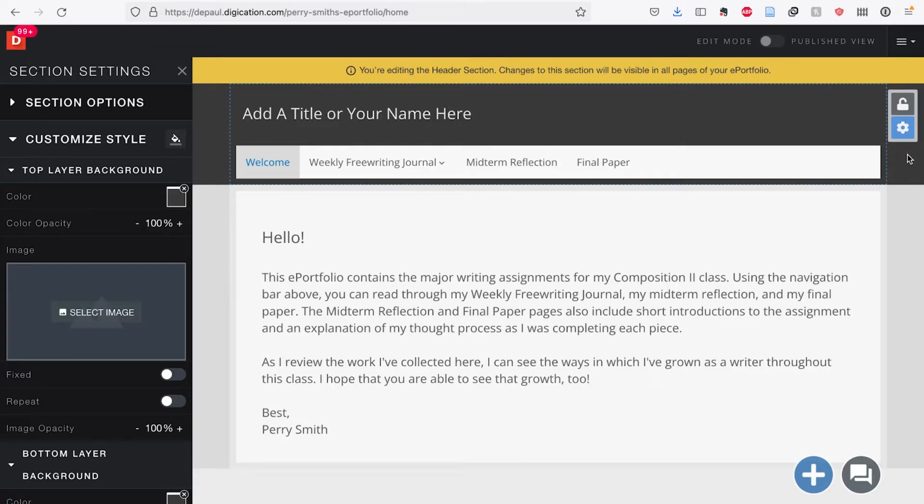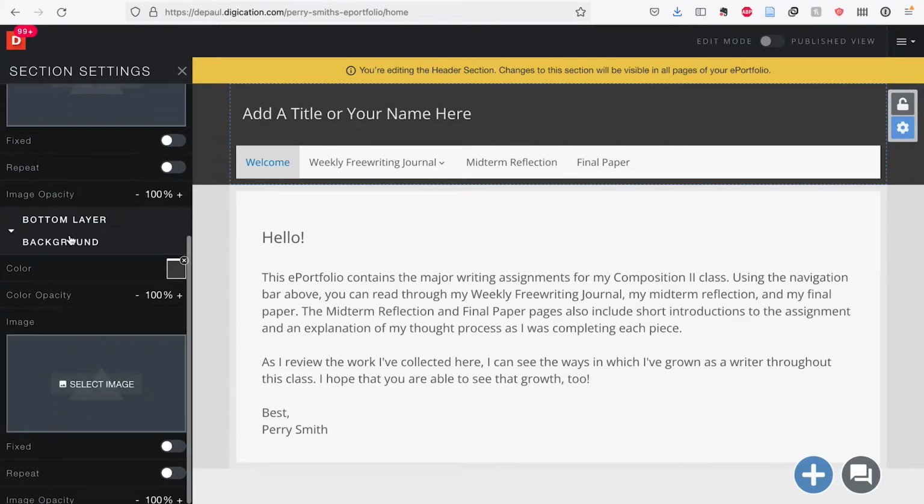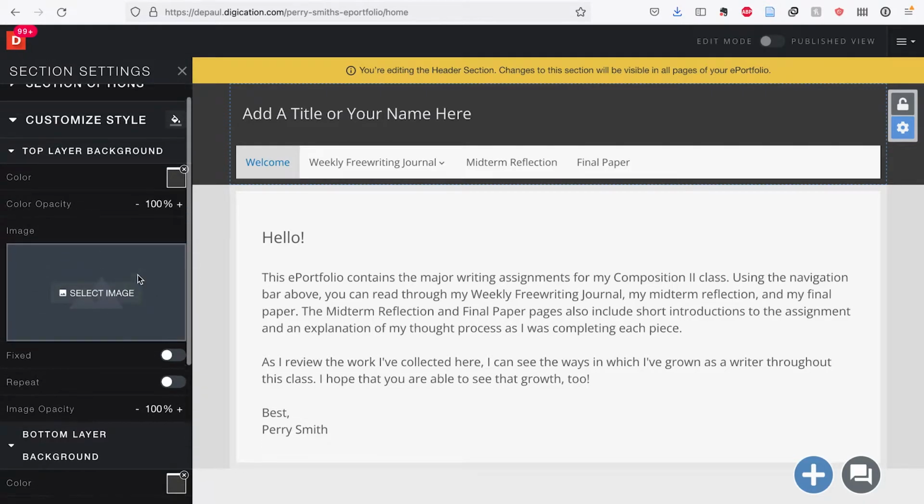You'll see in the menu that opened on the left-hand side of the screen here that right now my header section is just a dark gray color. We actually have two different places where we can adjust the background of this section. We have a top layer background, which is dark gray, and we have a bottom layer background, which is also dark gray. I'm going to illustrate the difference between these two spaces for you here by turning my top layer